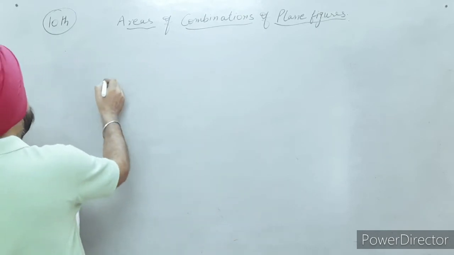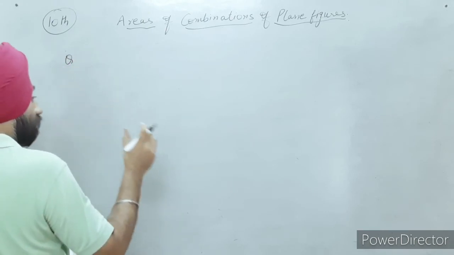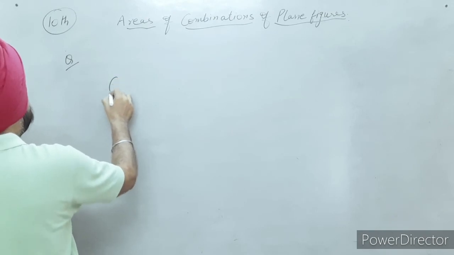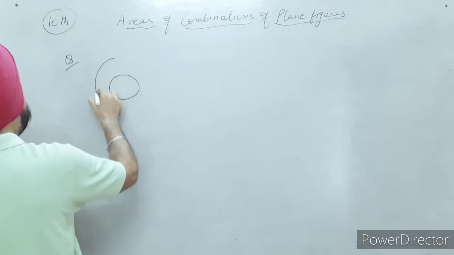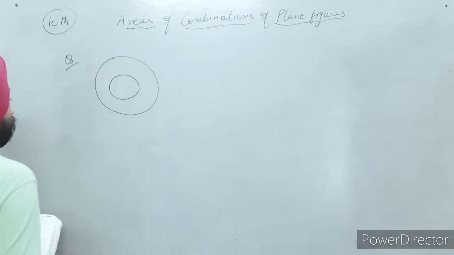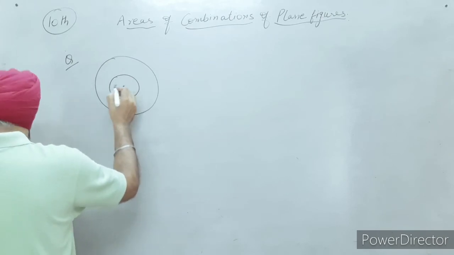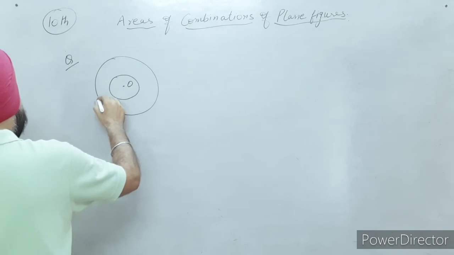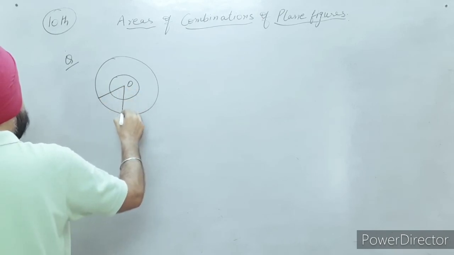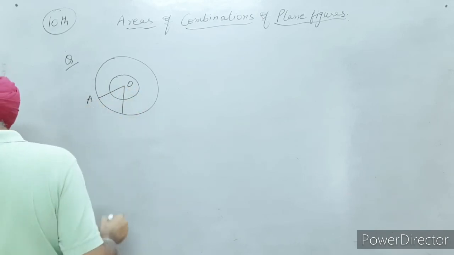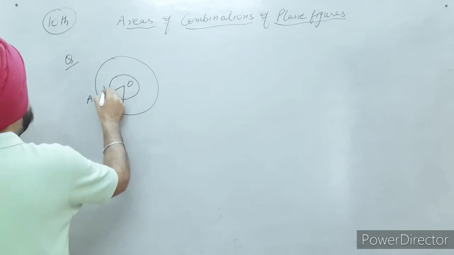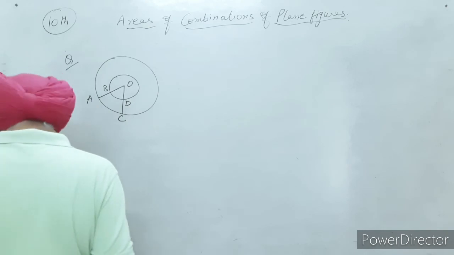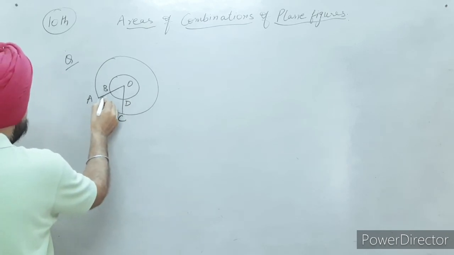Now the question is, there are two concentric circles. Concentric circles means the same center. Number 1 and number 2, right? This is the center. This is given to you as O, and let me join this. This is A, this is B, this is C, and this is D point. I need to find the area of this